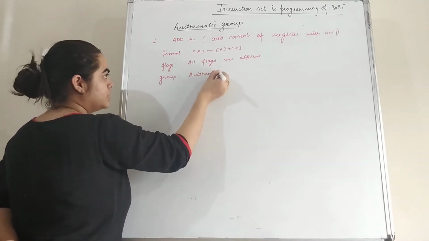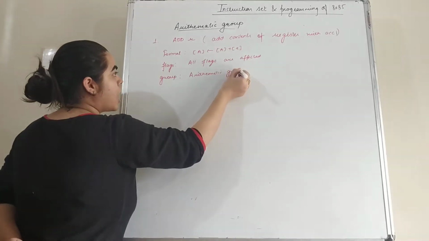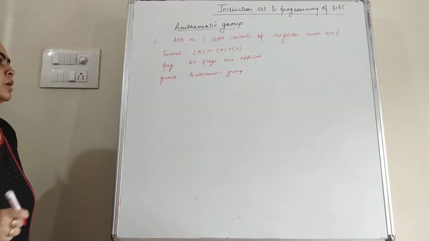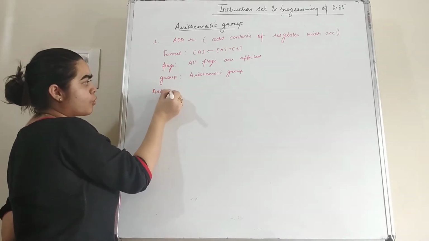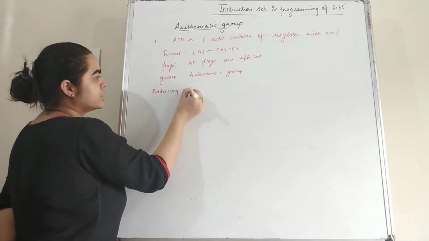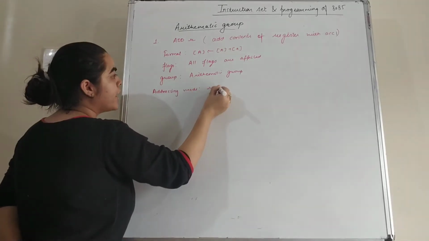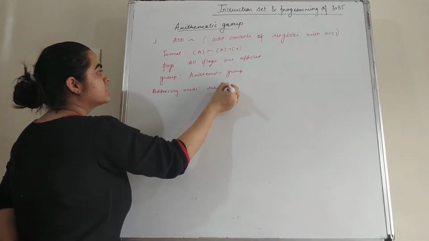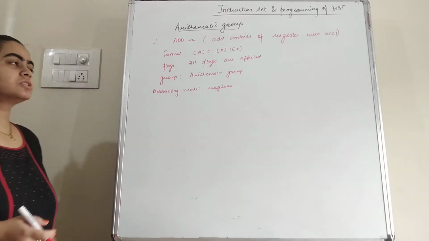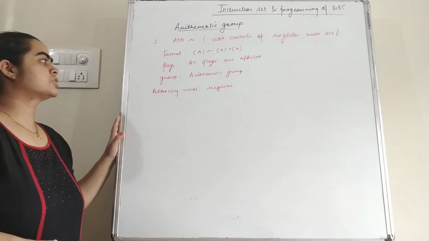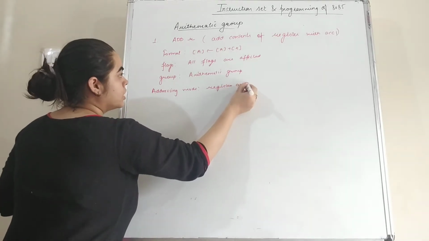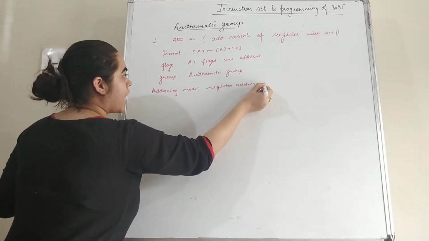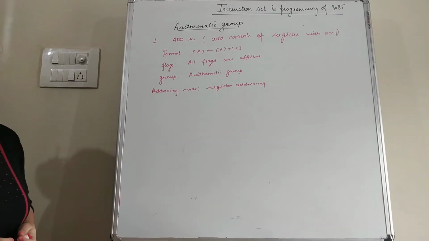Next, after this students, the addressing mode. The addressing mode of this instruction is register mode. Why? Because in this instruction the register is given, so that means this instruction comes under the register addressing mode. Now students, we can see with the help of an example how this instruction will work.